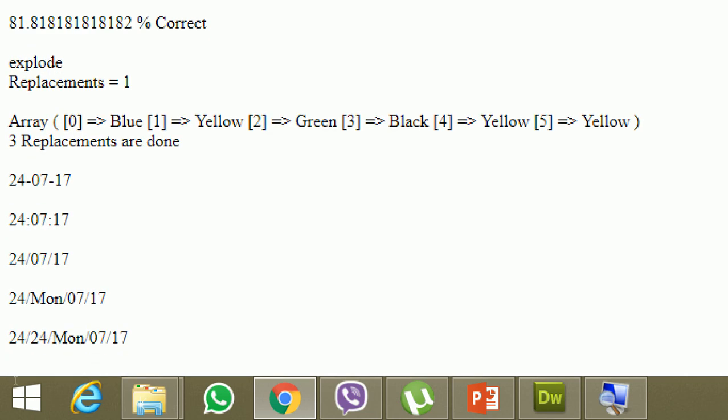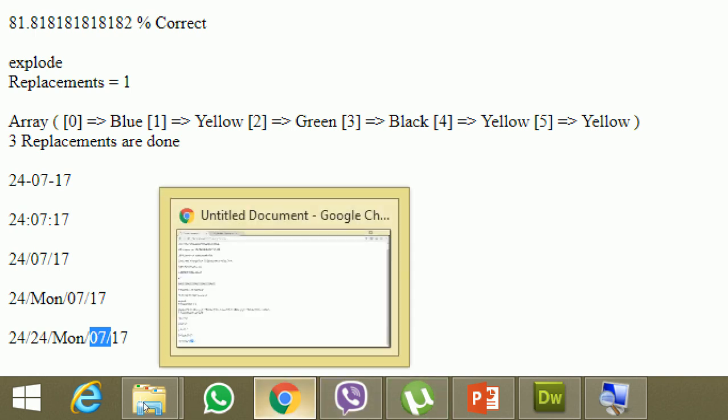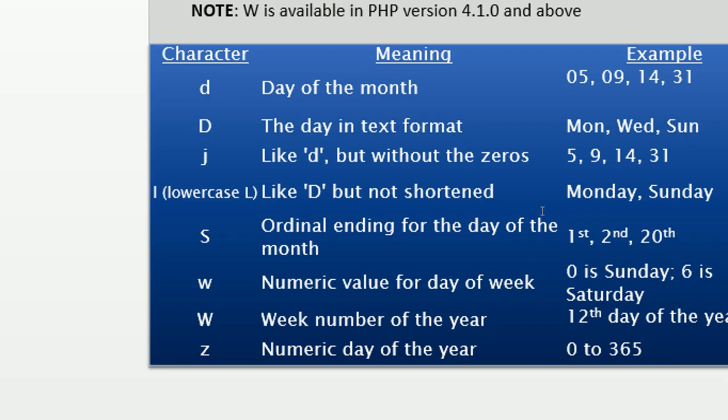Look at here. They both are showing me 24. Why? Because today is 24. So this is D, and this is J. If today was 7, so only 7 will be visible, not 07. Clear? This will be visible if today the date was 7. Clear? Now the next one,